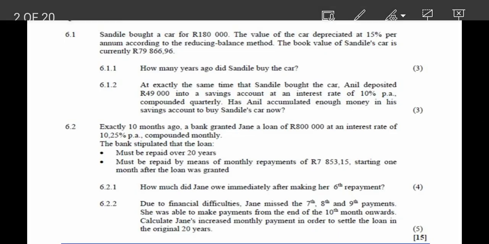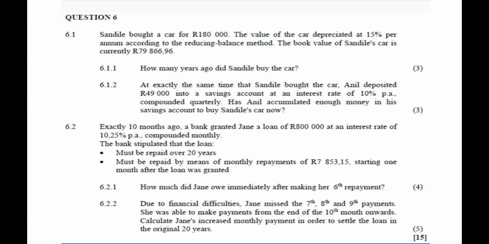Question 6 says, Sandile bought a car for 180,000. The value of the car depreciated at 15% per annum according to the reducing balance method. The book value of Sandile's car is currently 79,866.96, right? So here we have a situation whereby Sandile bought a car at 180,000, but then it depreciated according to the reducing balance method. And now the car cost only just